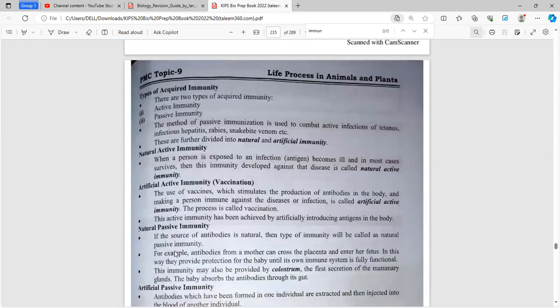Now, if we talk about acquired immunity, there are two types: active immunity and passive immunity. Active immunity is the type of immunity present in vaccines. For example, a killed or weakened form of a pathogen. The killed form of pathogen is used, for example, in vaccines such as polio, or a highly weakened form of pathogen is used so that the body can fight it and develop more plasma and memory cells, so that the next time an invading pathogen comes, the body knows how to fight it. This is the purpose of active immunity, and this is used as artificial active immunity.